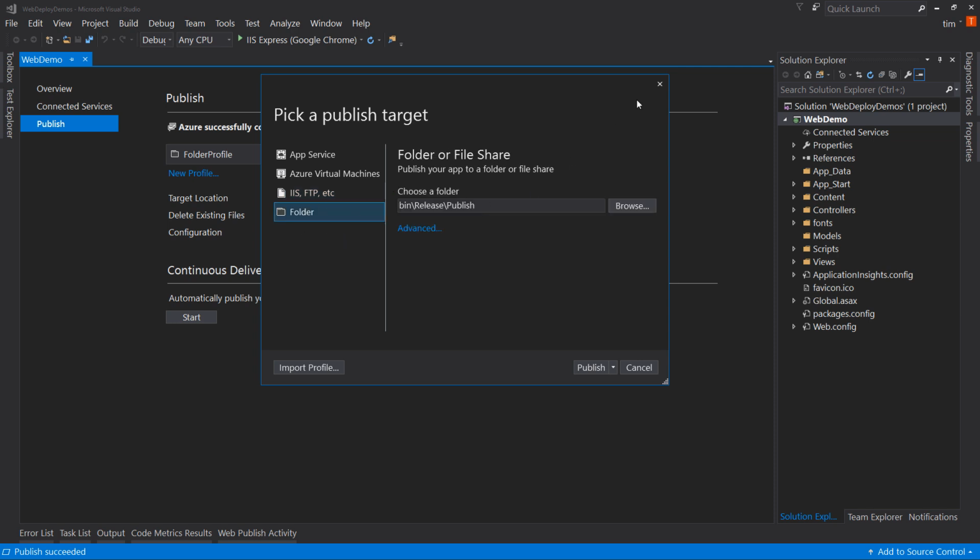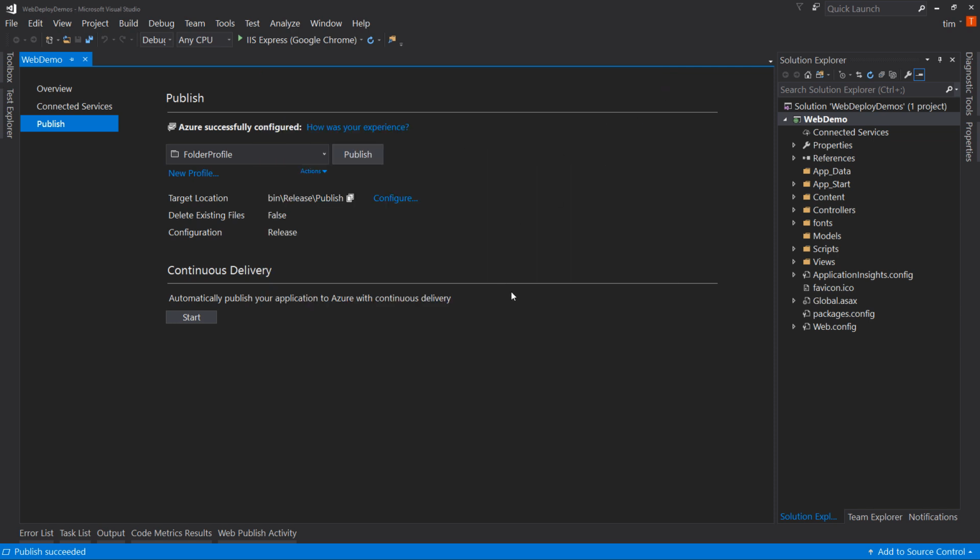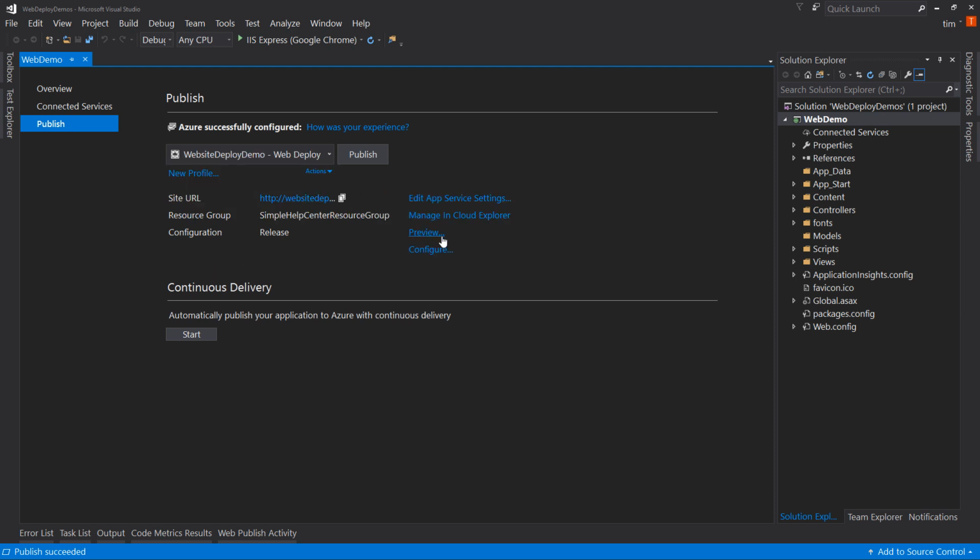Those are just different methods for transferring the files. So as folder deploy, same thing. App service, really simple. We can create our own, or we can select an existing. If I wanted to, I can create a different published profile here. But now that I have my published profiles, now whenever I want to publish my website, I can just hit